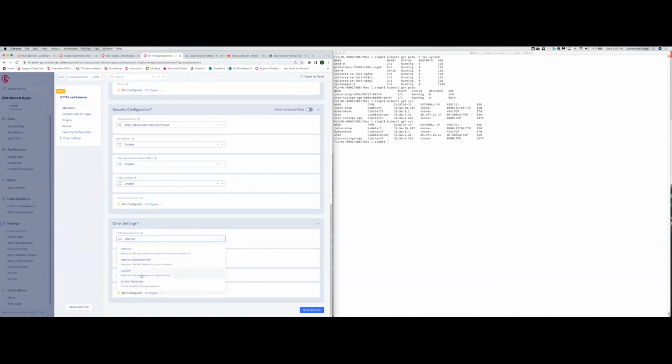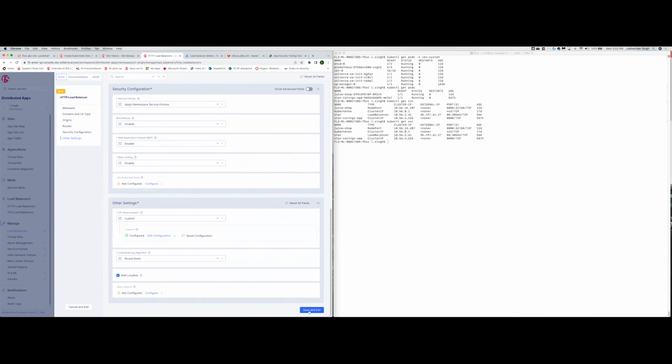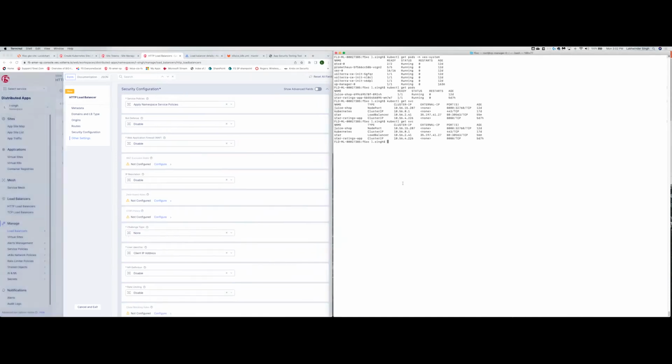But in our case, we will go custom because we want to expose the application via Google load balancers, and we will advertise it on a site. Save and exit. As soon as we save and the CE receives the configuration, a new service with the type NodePort